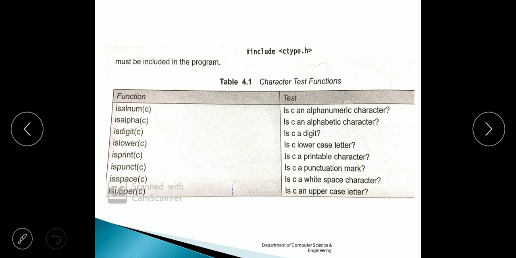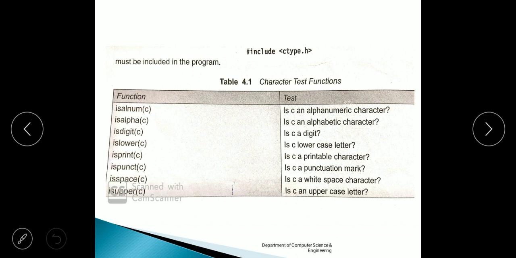It means, is c an alphanumeric character? What does that mean? Is c an alphanumeric character? It means whether c, which is a variable, is either an alphabet or numeric, we are asking the question.